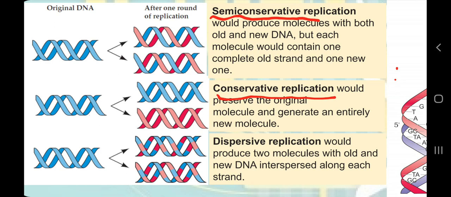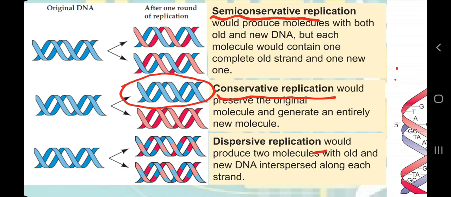Here the old DNA is conserved, it is protected, and the new one is completely new. So the new DNA is formed with the guidance of the old DNA, and it is completely new. This is why it is called conservative. So now we can understand the semi-conservative. What is semi-conservative? Semi means half. So semi-conservative means in each new DNA molecule, half of the DNA is old and half is new. It means the old DNA is conserved, but only half, in the new DNA molecule.